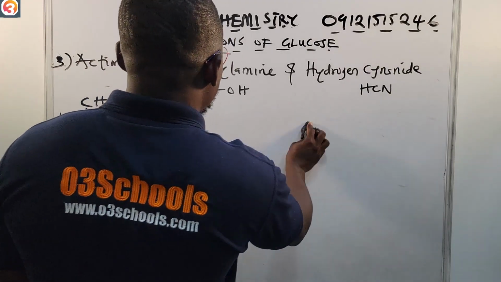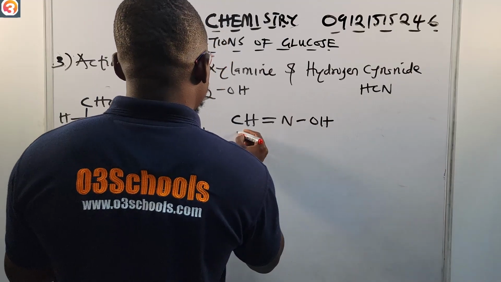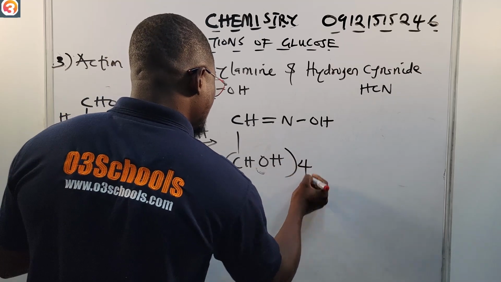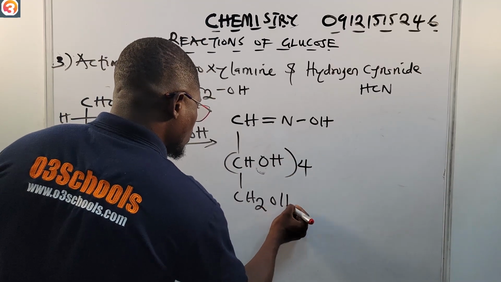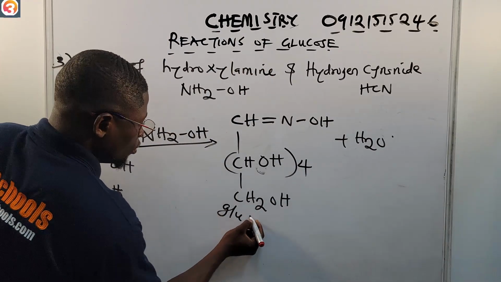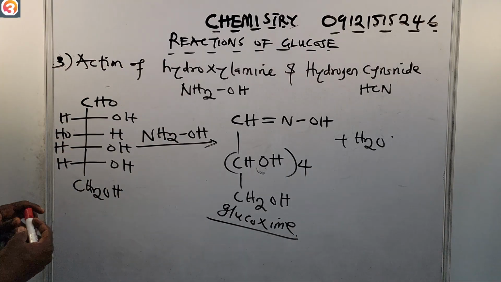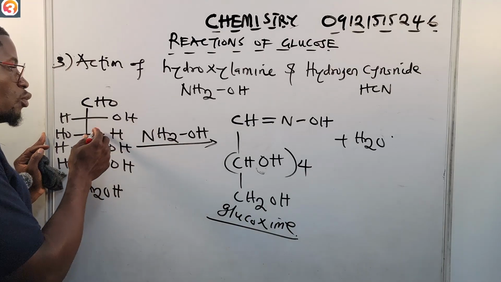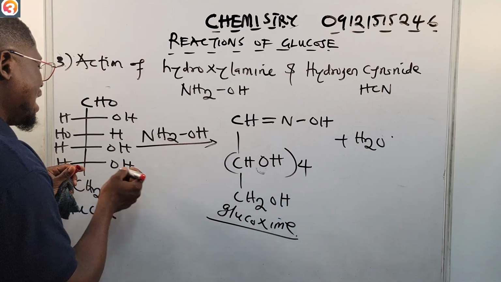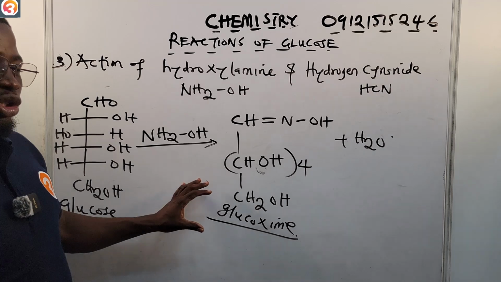Glucosime is drawn like this. You have your CH double bonded to N and OH, then you have CHOH four times, then CH2OH, plus H2O. This is your glucosime. That is the product of this reaction. So when hydroxylamine acts on glucose, what it gives to us is glucosime, and the purpose of this reaction is to show us that